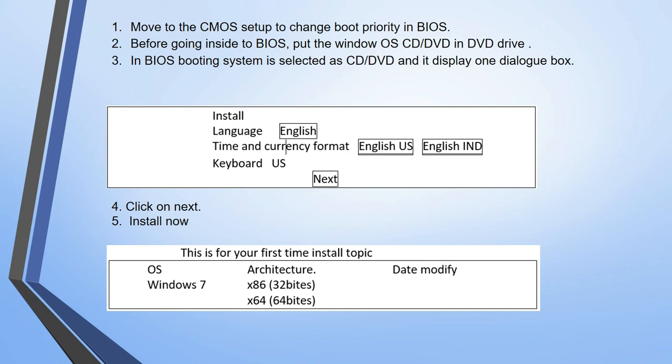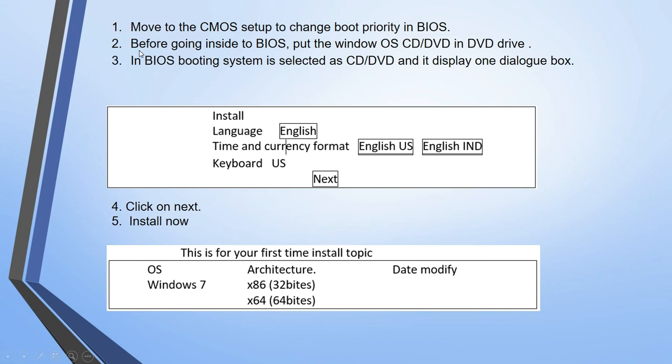During the installation of the OS, you have to specify the priority as the next option, meaning except the hard disk, the next option should be set, because your OS software is available on a pen drive, DVD, floppy, or whatever secondary units are there. So point 1 asks you to go to the setup option, for what purpose? For changing the boot priority inside your BIOS. Then, before going into the BIOS, put the OS disk, that is your CD or DVD, into where? Into your DVD drive.